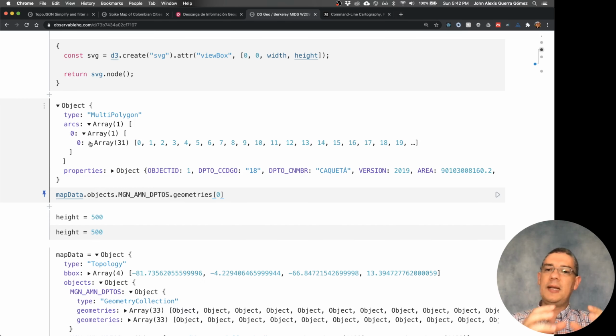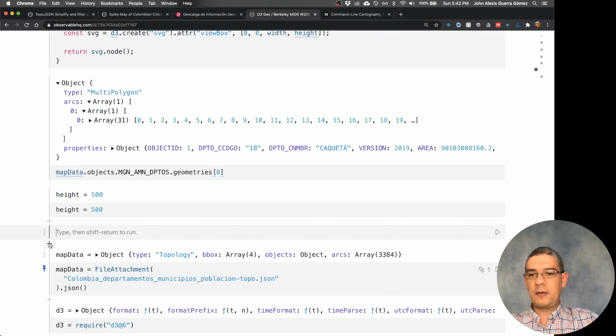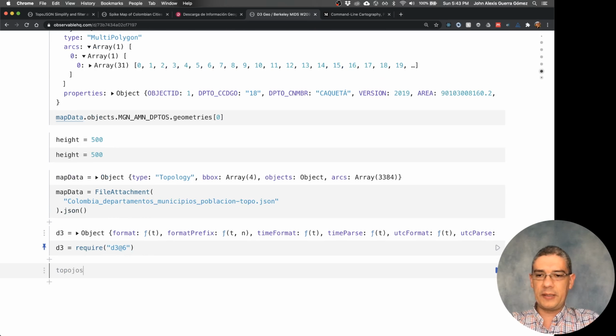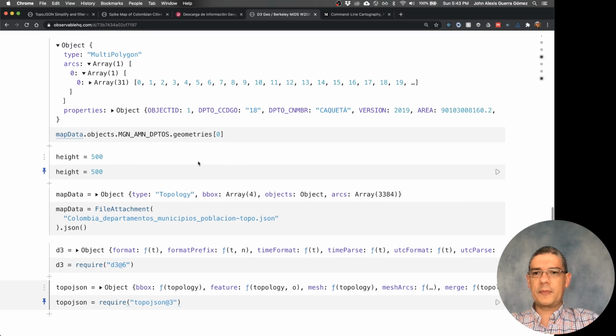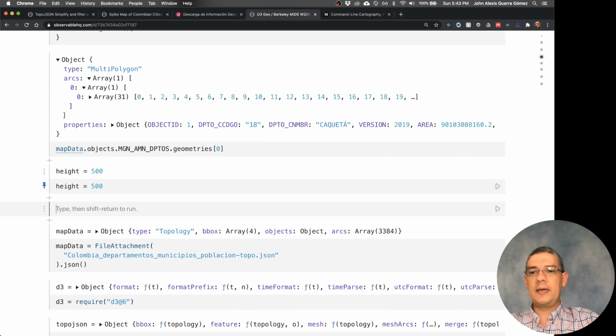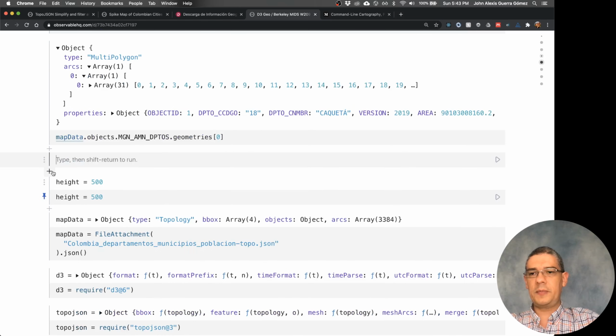So actually, let's transform that back into GeoJSON. The way of doing that is that you can also import TopoJSON, which is a separate library, I think. You just say require TopoJSON, and I think this is version 3 maybe. And then, the way that you transform that into GeoJSON, maybe we should put it a little bit higher here. Let's say here,